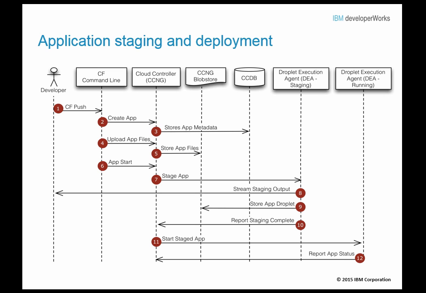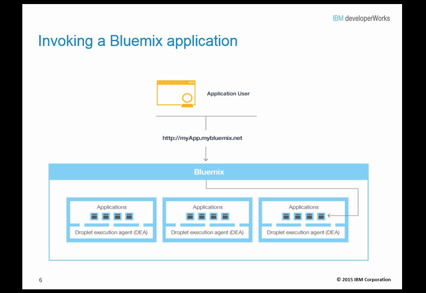When you deploy an application to Cloud Foundry by running a push command from a Cloud Foundry command line interface, or CLI, or using the Bluemix web interface, each application is associated with a build pack. Build packs provide framework and runtime support. They examine user-provided artifacts to determine what dependencies to download and how to configure the applications to communicate with bound services. Cloud Foundry automatically detects which build pack is required and installs it on the Droplet execution agent, where the